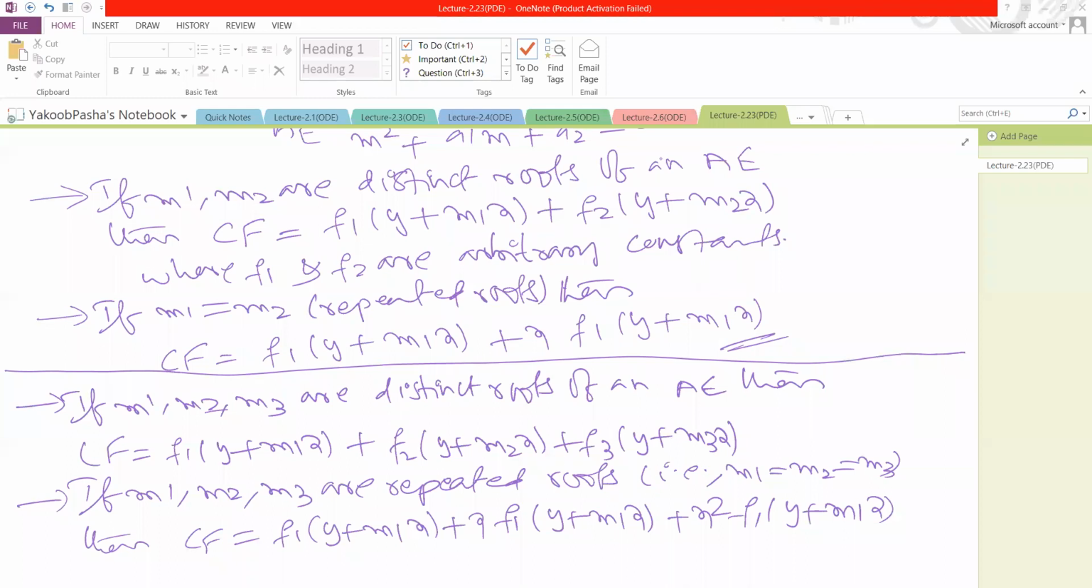ఓకే, these are the rules to find the complementary functions. ఓకే, today with this I conclude. టుమారో వి కంటిన్యూ విత్ దిస్ లీనియర్ డిఫరెన్షియల్